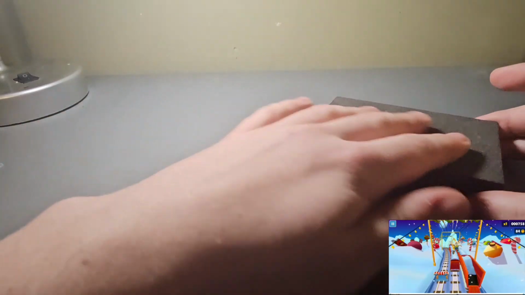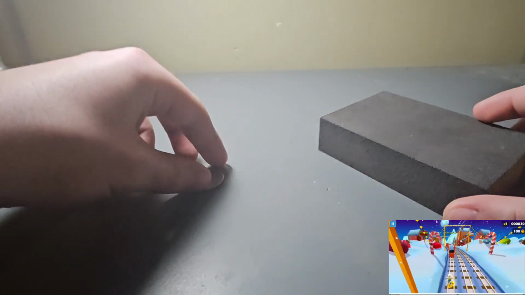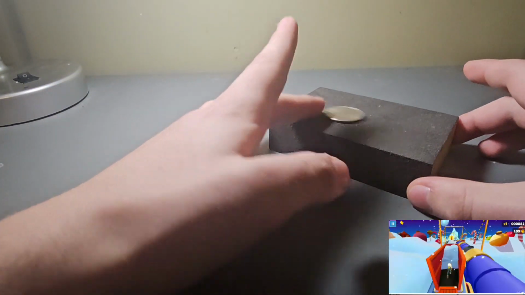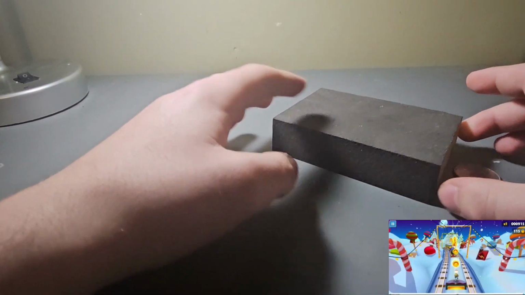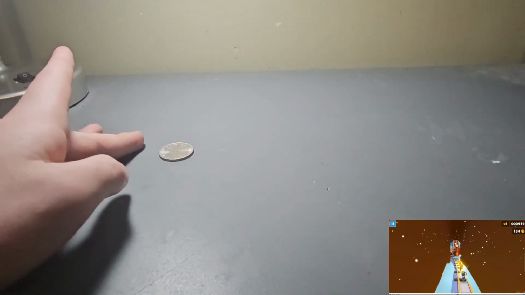So you'll see, you can rub your fingers on sandpaper and you can feel that's rough. So let's see what happens when I just barely slide the quarter. You see that it went slow. Now let's do the same thing on a table. See, it's going a lot farther